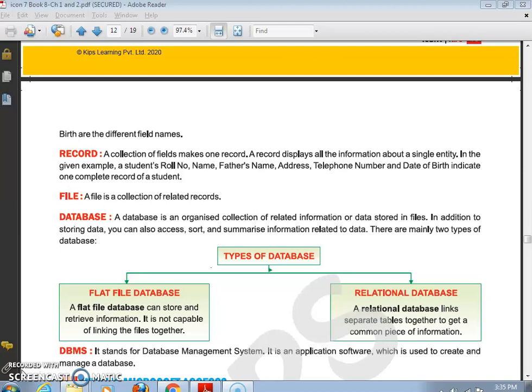Okay, so this facility is available in the relational database management system. DBMS stands for database management system and RDBMS stands for relational database management system. So MS Access is RDBMS, relational database management system, which allows you to link different tables on a common field.